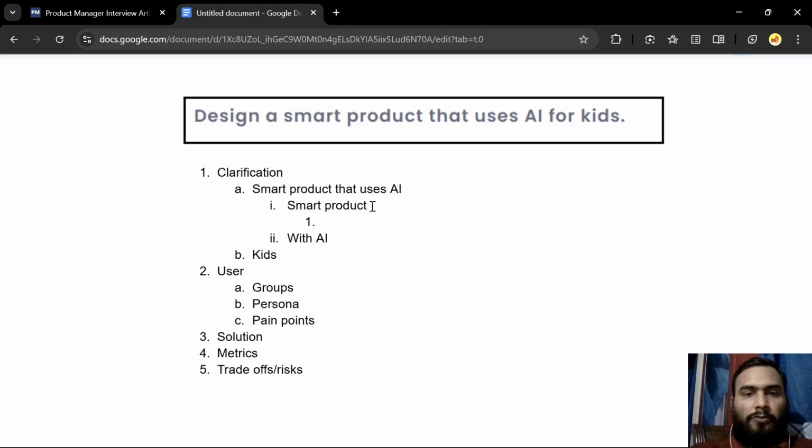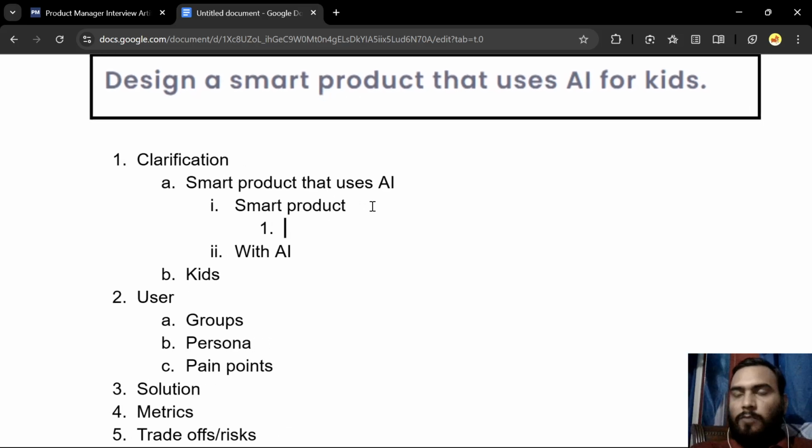So starting with the smart product, what does a smart product mean? What does smart mean in the current context? Because smart in a behavioral or in a societal sense means various other things: someone who is good with studies, someone who is good at sports, or in a particular skill. So here let us define smart as